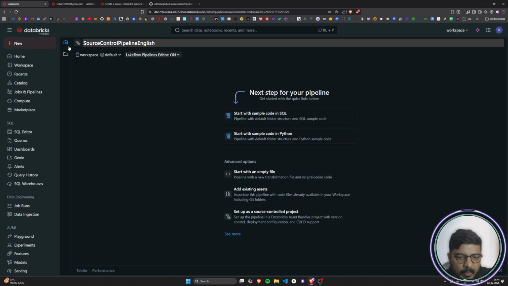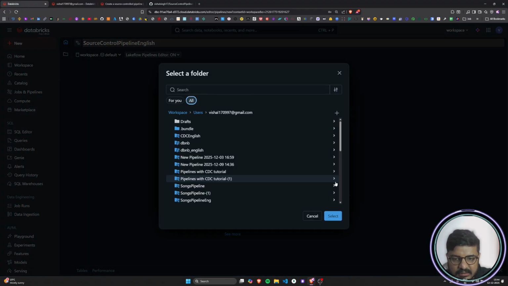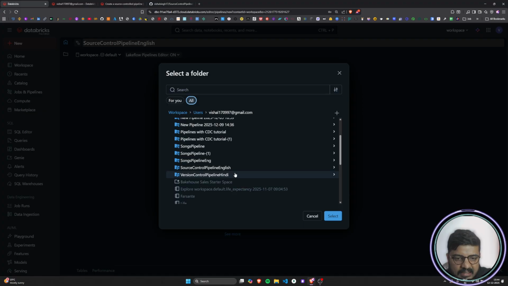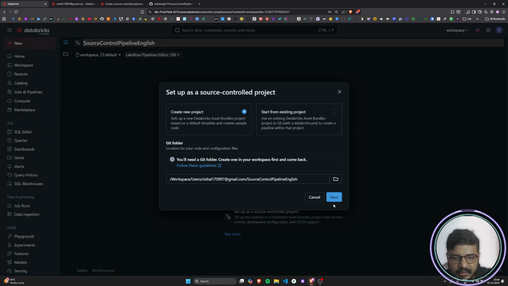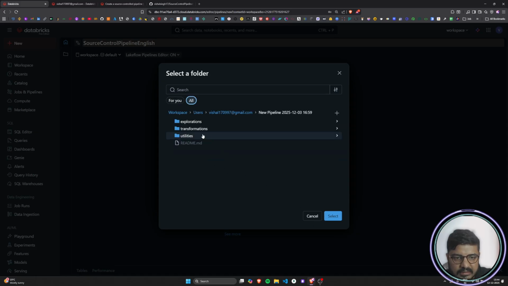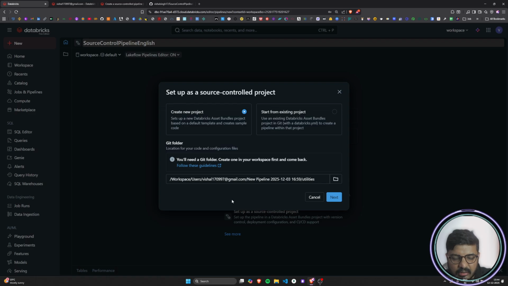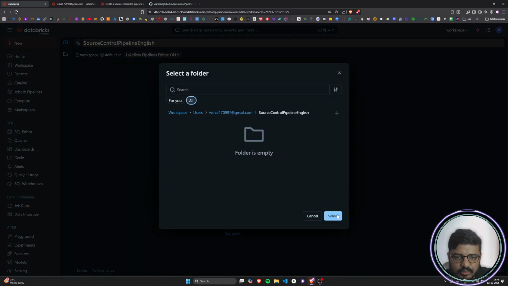what I will do is go back here, right? My folder is now created. So I will come back here. I will click on this folder thing and select my folder as source control pipeline, and click on select. Once the folder has been selected, you can't select any normal folder. If I want to select, let's suppose this pipeline folder, and let's say utilities folder, if I try to select, okay, it has been selected. Okay, maybe, right? But here what I did is I would like to select this particular source control folder, and